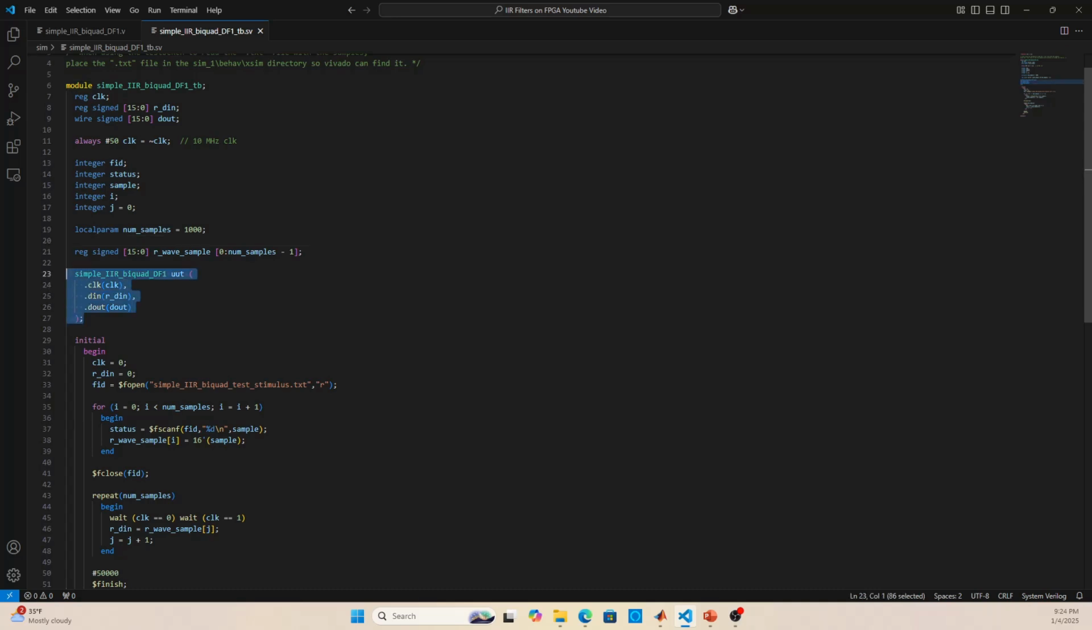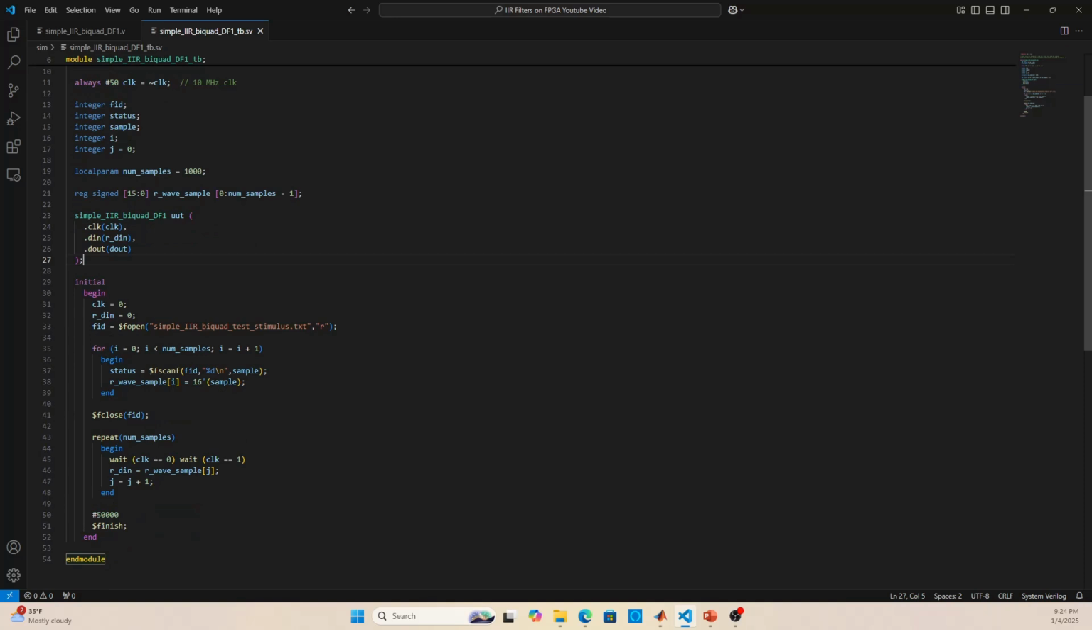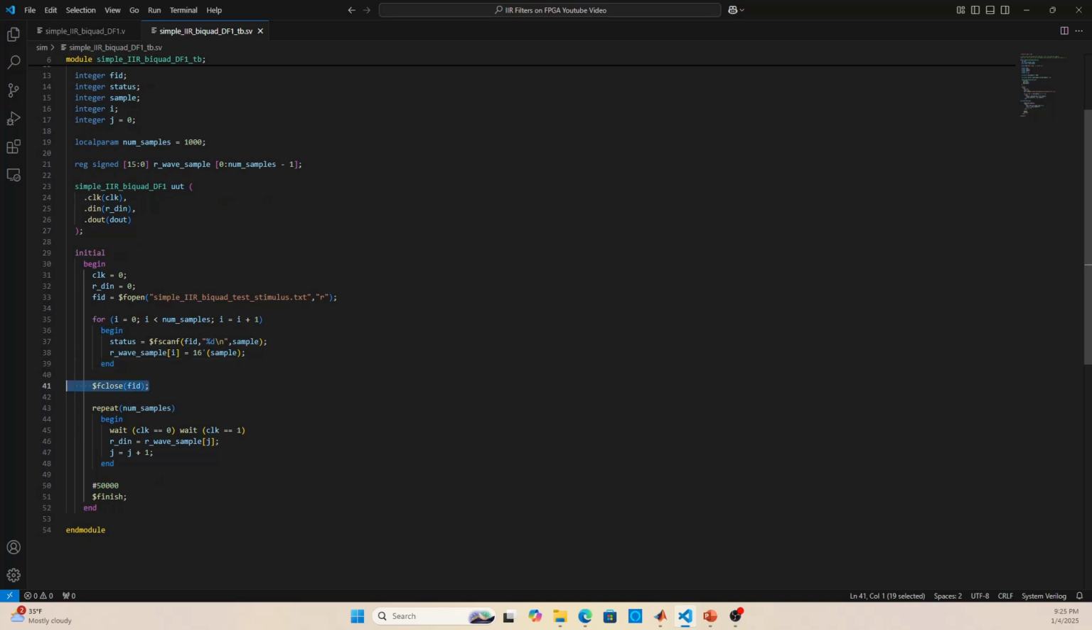I then instantiate my unit under test and start my initial block. I initialize the clock to 0 and the data in to 0. I'm going to open the file that we generated in MATLAB with all the test samples. I'm going to fill up that two-dimensional register with all of those samples. I'm going to close the file, and then this is a short repeat block, so repeat for the number of